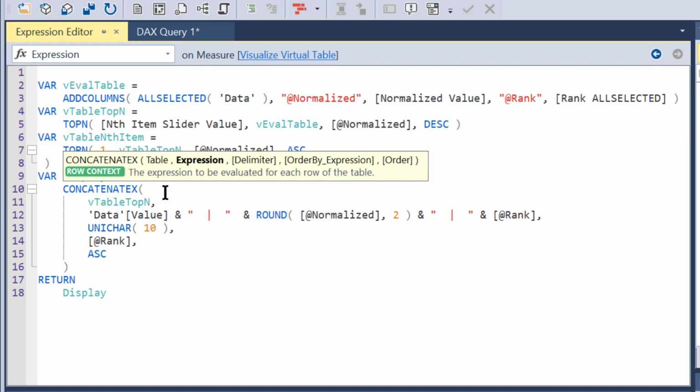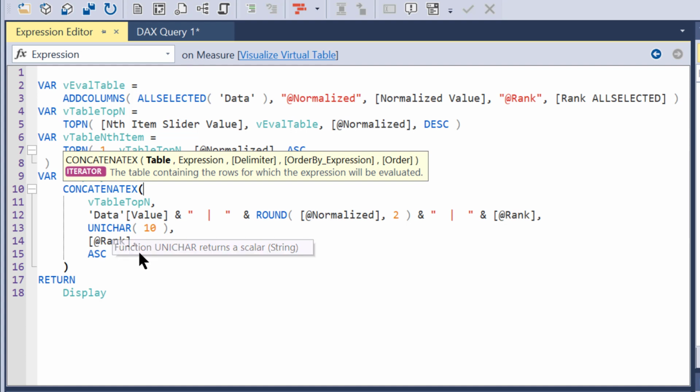And you can't return a table directly, but one of the things you can do is, using this CONCATENATEX function, you can actually take that virtual table name and take the values in that table and concatenate them. In this case, I just concatenated them with some spaces and the pipe symbol. And then, using as the delimiter UNICHAR(10), which is the Unicode character for hard return, you can create something that basically looks like a virtual table. It looks like the physical manifestation of a virtual table. And I can show you what this